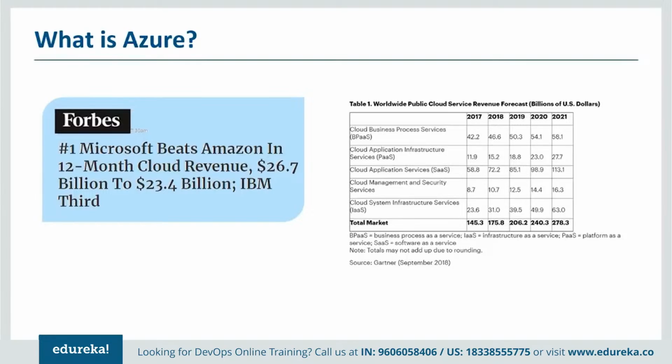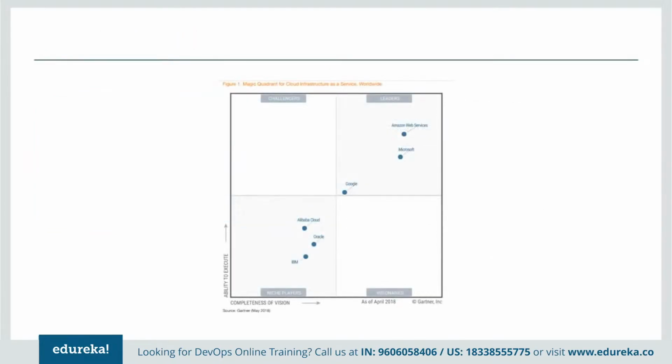One other thing I can show you here is, for example, SaaS services. This is software as a service, which many of you might have heard, or in fact, most of you might know about it. So approximately it was $60 billion in 2017. Now this is approximately going to touch $117 billion in 2021. So again, you can see the scale at which these services are growing. That is why it is very important for all of us who are in the IT sector to start moving towards the cloud. Okay, as developers, as administrators, as the operations guys, it is very important for us to start moving toward it.